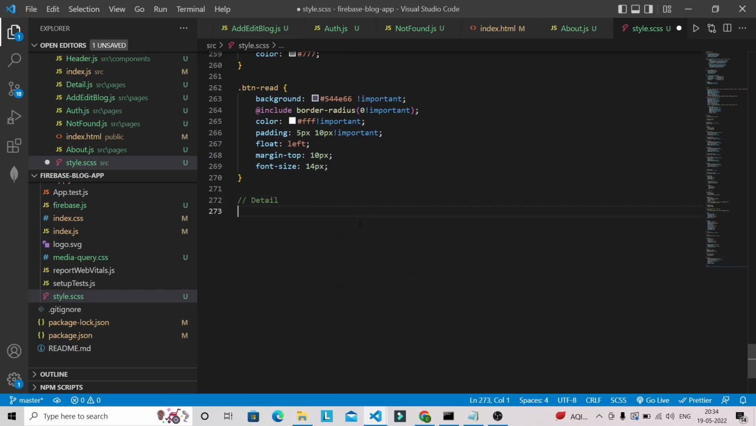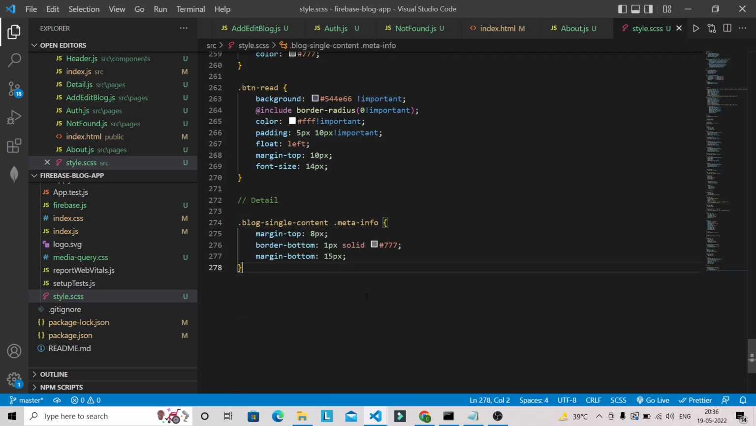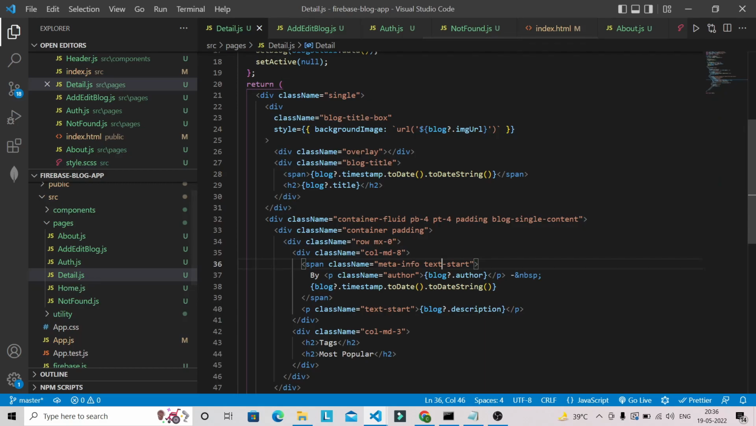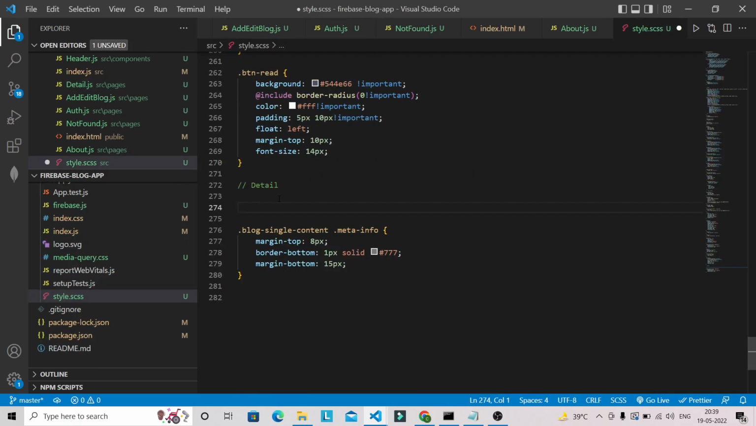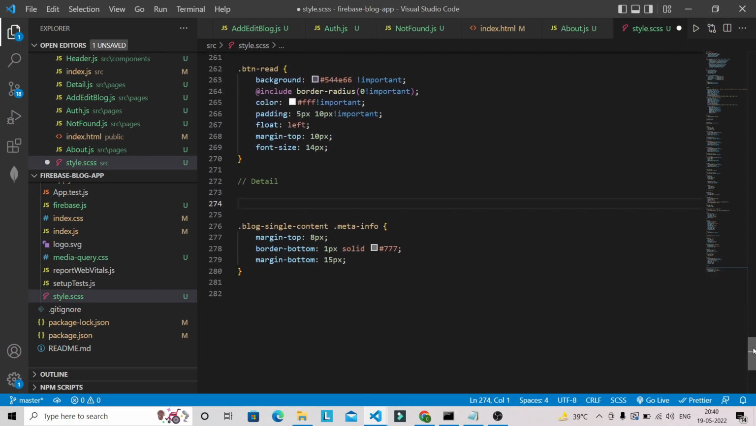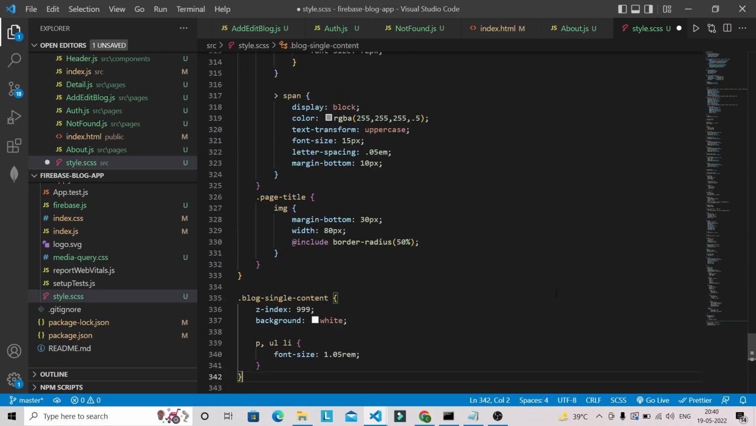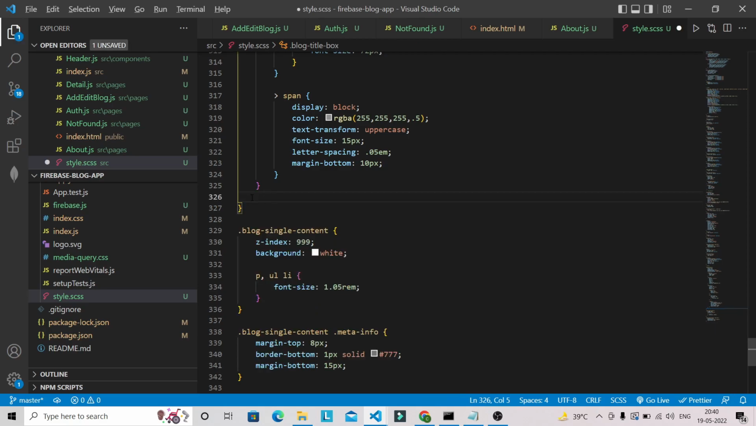Okay, so now I'm going to paste the styling for our detail page. So I need to put this styling, and we have also overlay one class name here. So I'm going to add the styling for the rest of the class name that I have used in the detail page. So I have just pasted the styling, you can see that, and you can remove this one, this is not required. Okay, so let's remove this one,